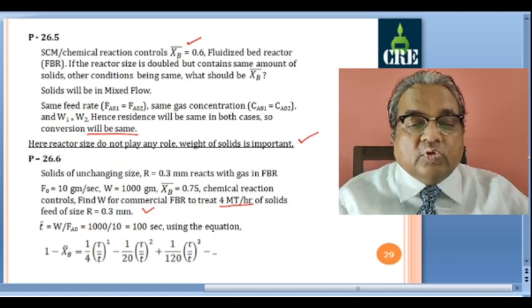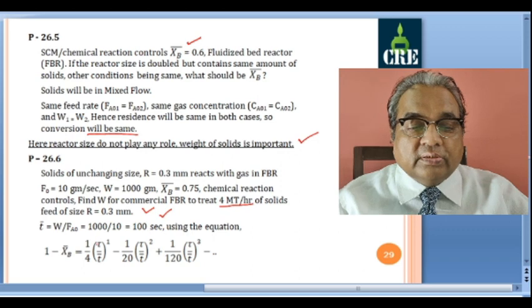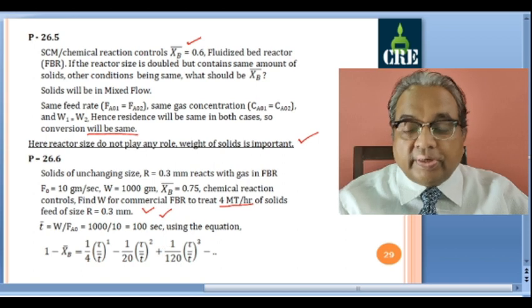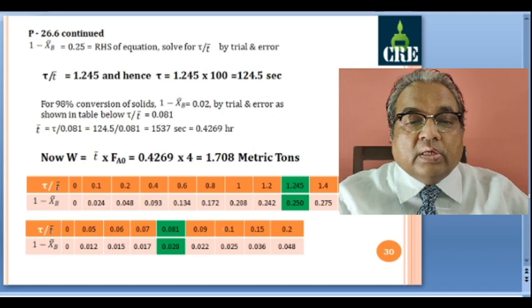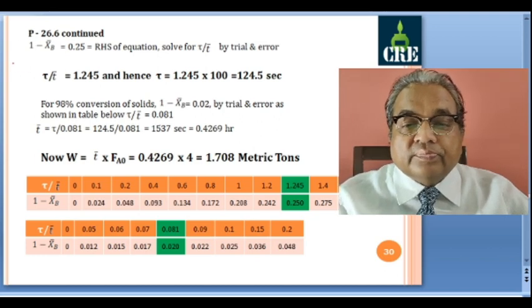So here T bar is W by F_A0, which comes out to be 100 seconds. Since chemical reaction controls, for mean conversion in a fluidized bed reactor we have this expression, which we have derived: 1 by 4 tau by T bar, minus 1 by 20 tau by T bar whole square, plus 1 by 120 tau by T bar whole cube. If I use this expression here,